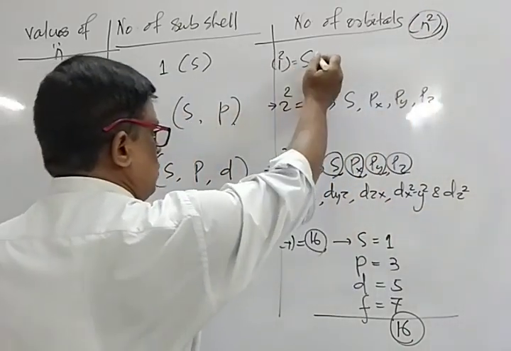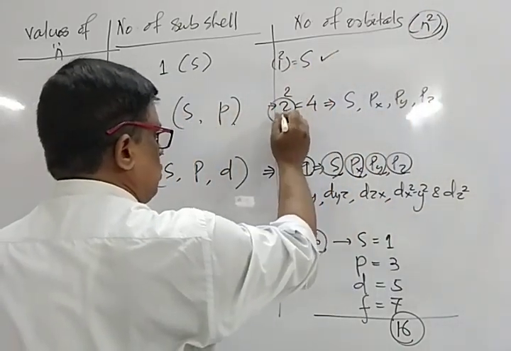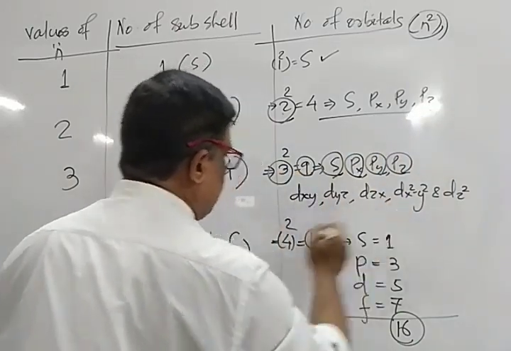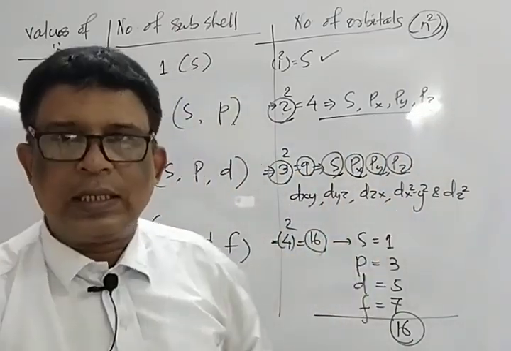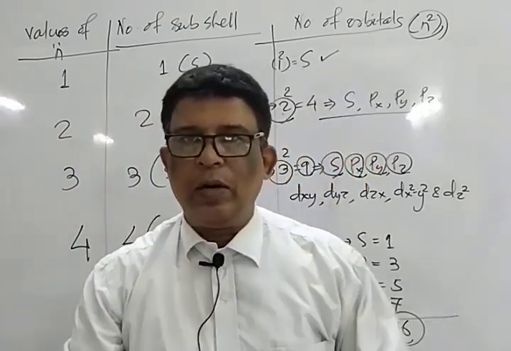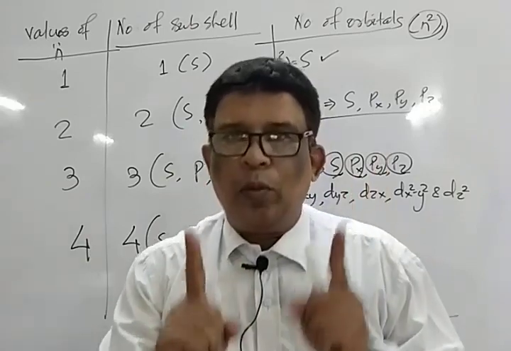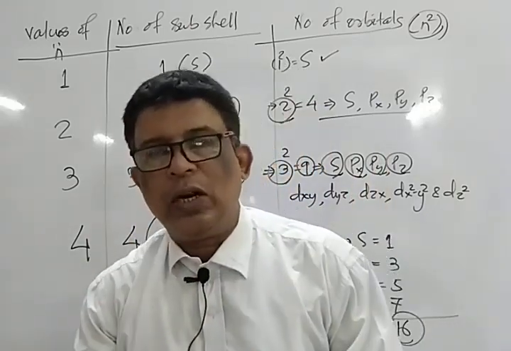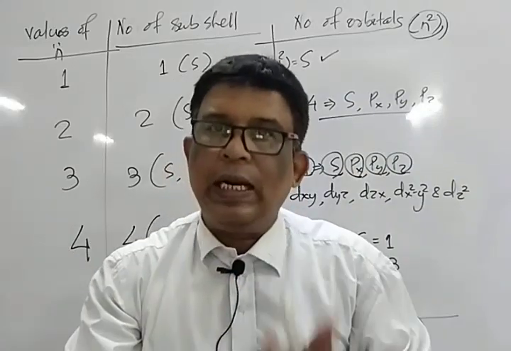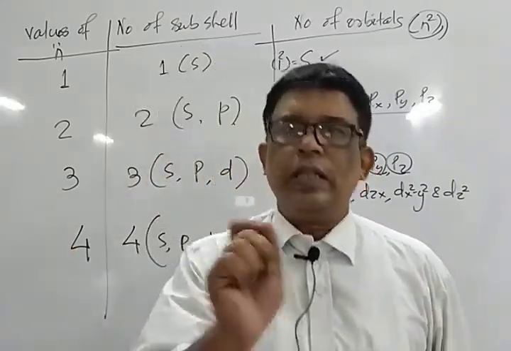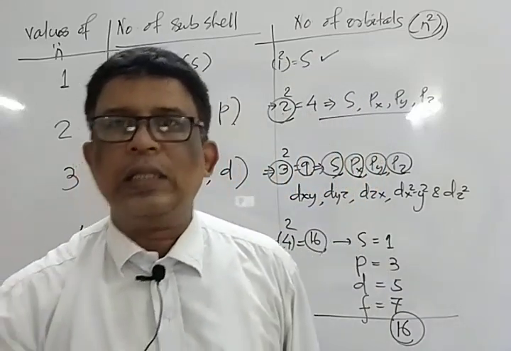In the first shell, 1 square is 1. In the second case, 2 square, that is 4. In the third case, that is 9. In the fourth case, it is 16. And the last point, the important one: since the chances of accommodation of more than 2 electrons in an orbital is excluded, therefore this principle is known as